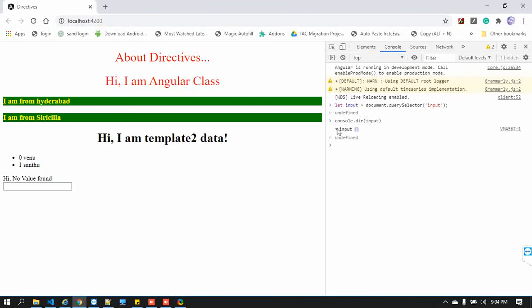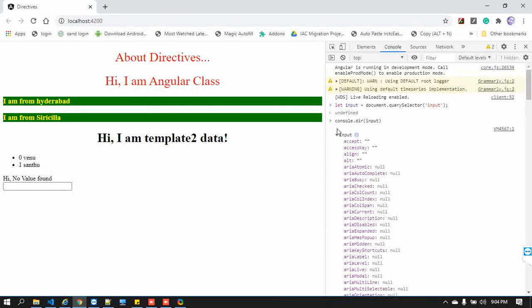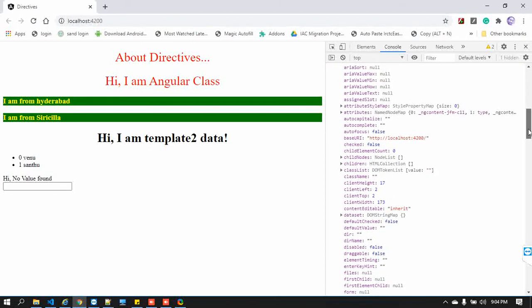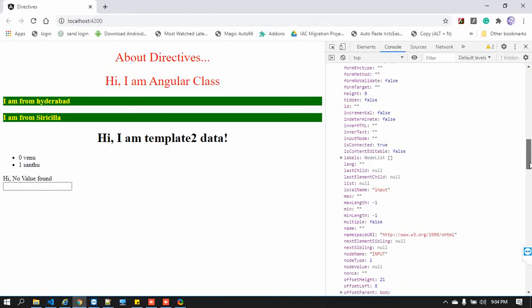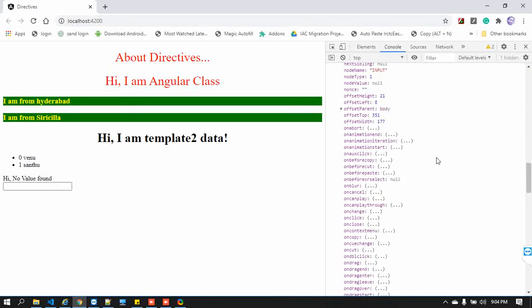Inside the input, if you go below, you can see there are some events available. All those events are available with on, actually. See, onblur, oncancel, onclick, onclose, onchange, these are all things. But guys, very important: we are not going to use all the events, and some events won't work, because some are allocated by default to other elements. We are just going to use only those suitable for our input field.